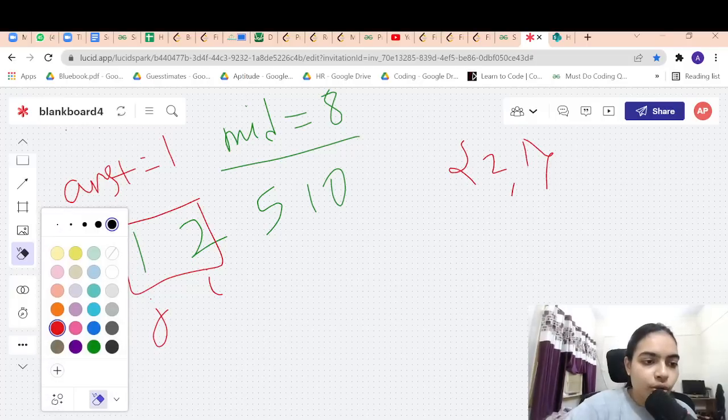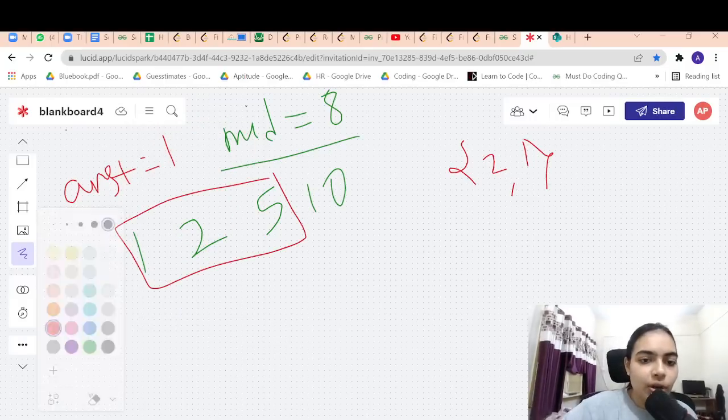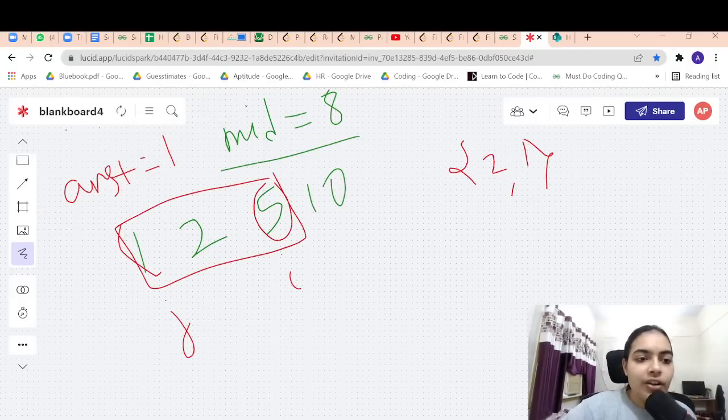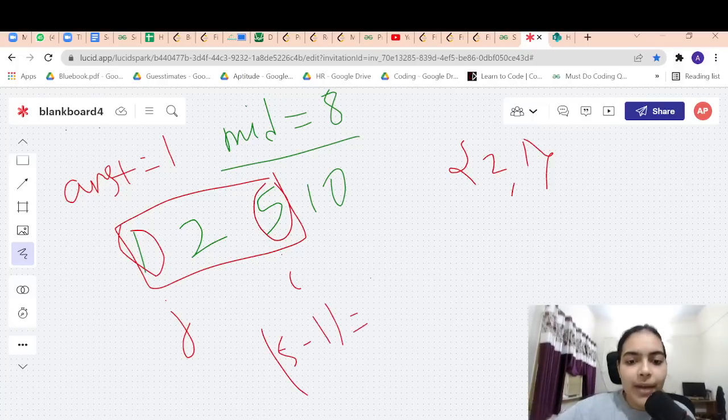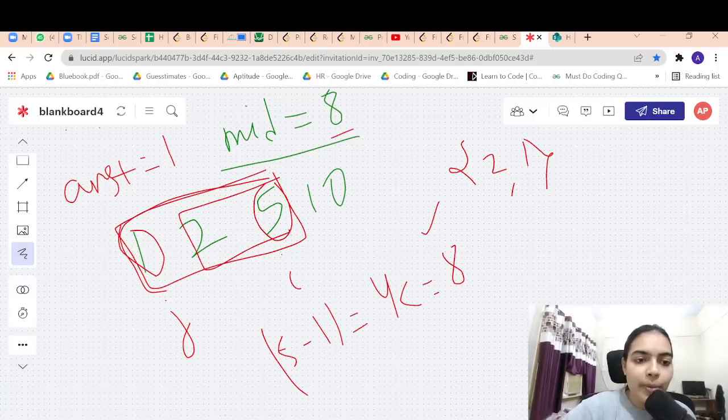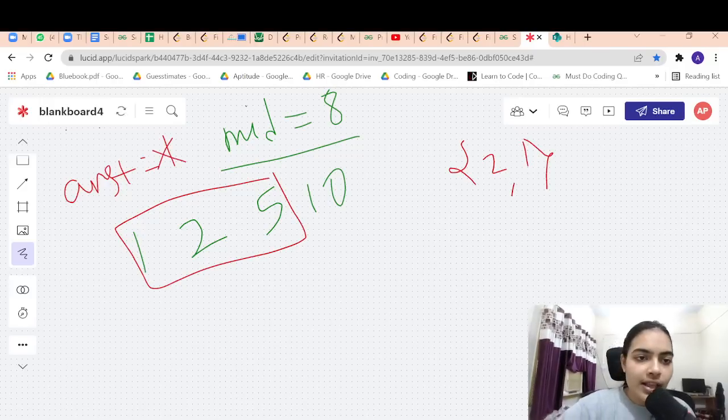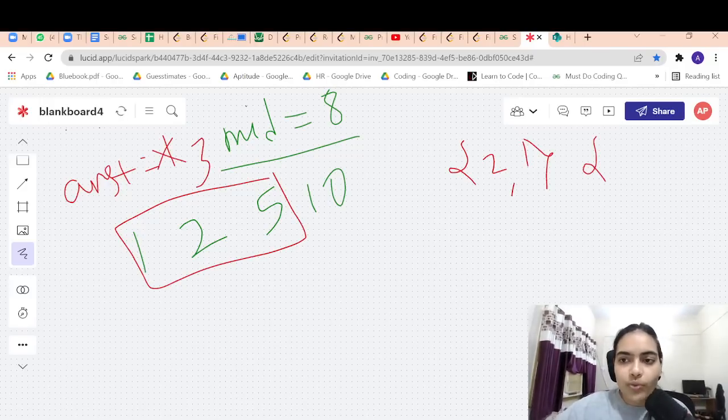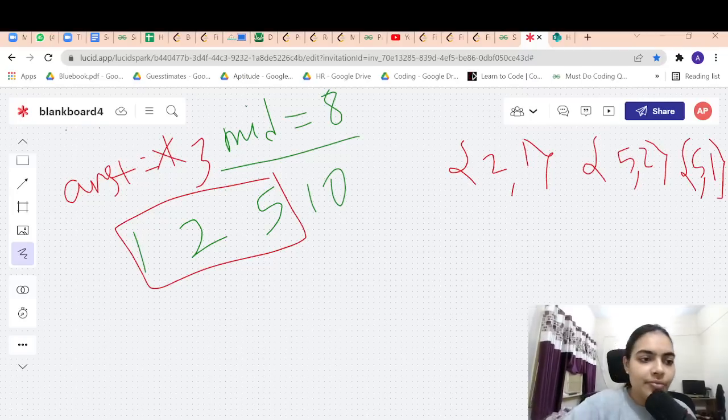Okay. So now what you will do? You found the answer, right? So we'll increment the sliding window. This is I, this is j. Now you will check 5. 5 minus 1 is 4. 4 is less than equal to 8. So you found 2 pairs, so your answer will increment. What are the 2 pairs? 5, 2 and 5, 1.